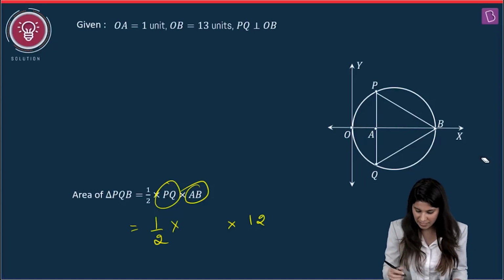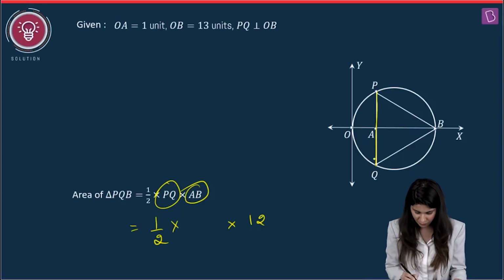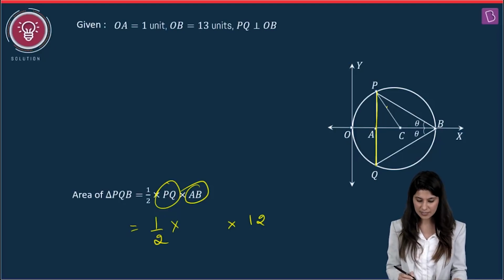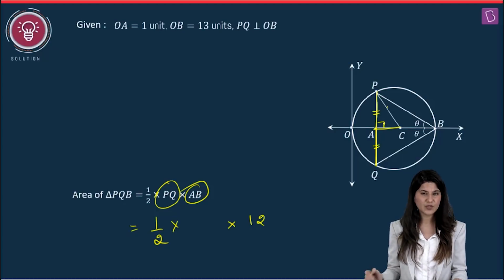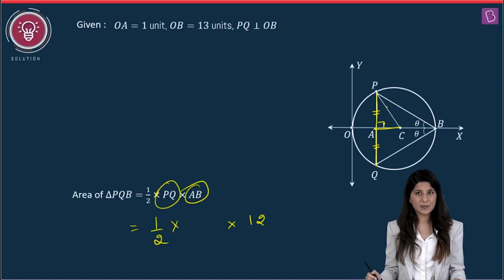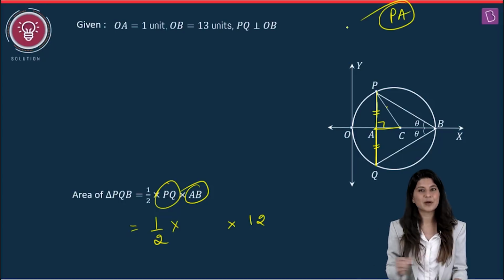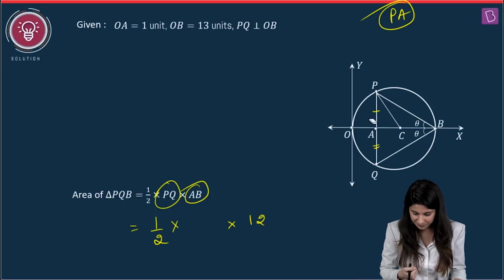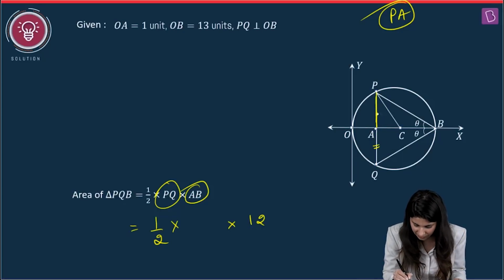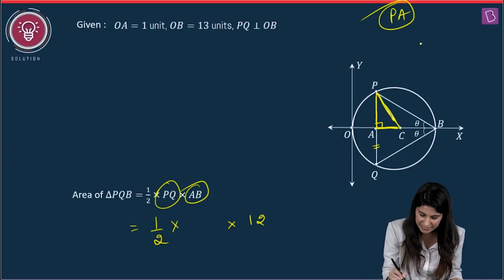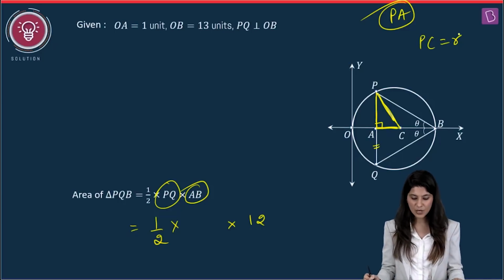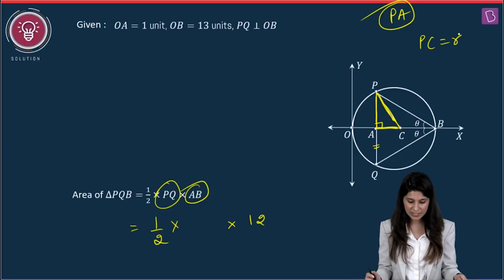Let's find out PQ. If you complete the figure, let C be the center of the circle, PQ be the chord, right? So this is perpendicular. So PA and AQ are equal. So why not find PA and double it to get PQ? Now the whole question is all about PA, right? Can you see this is PA, this is AC, and this is PC. This is a right angle triangle, right? What is PC? PC is the radius, right?